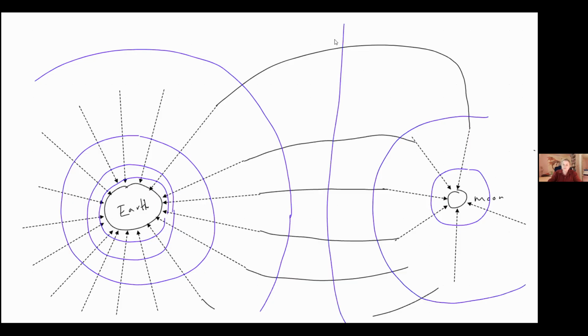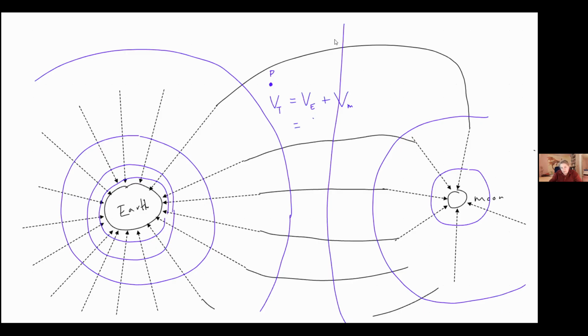Right, now if you wanted to find out what the gravitational potential was at a point, say P, just like before, can you see that it's the sum of the gravitational potential due to the Moon plus the gravitational potential due to the Earth. So we can literally just add them. I can say that V total is equal to V due to the Earth plus V due to the Moon,